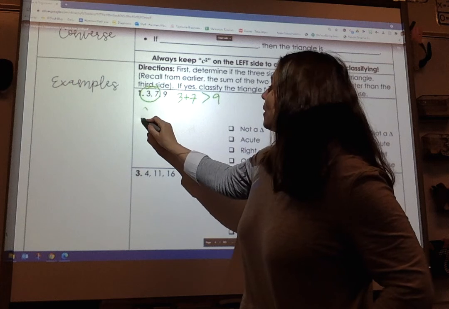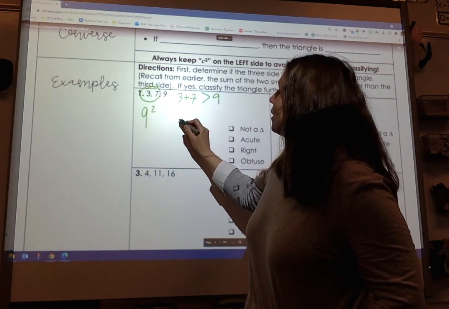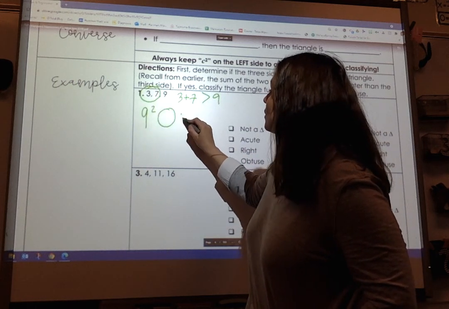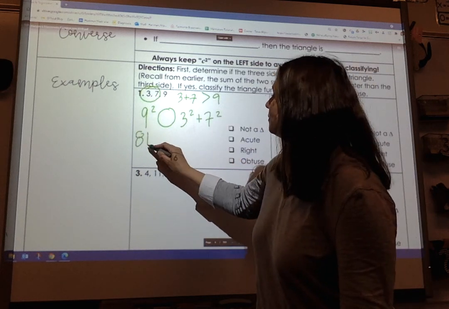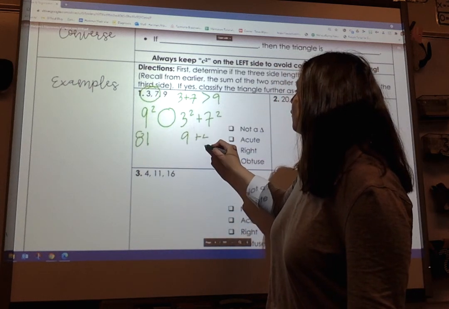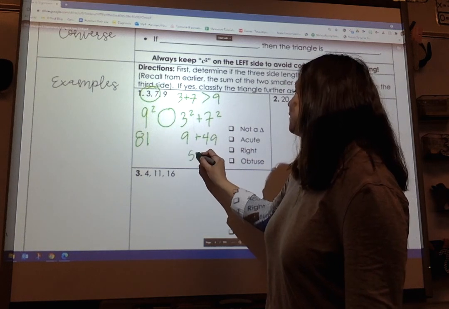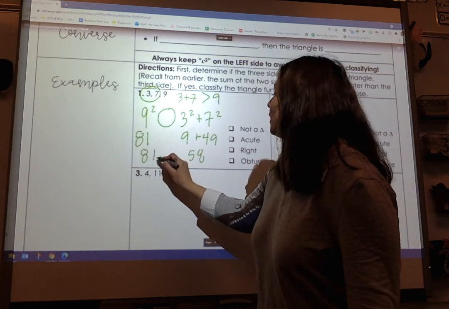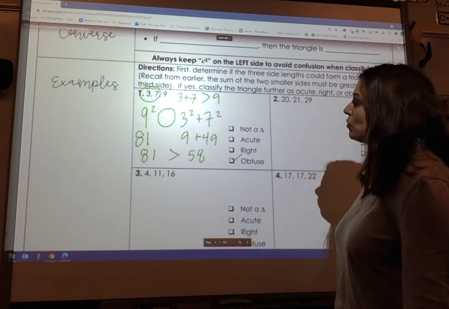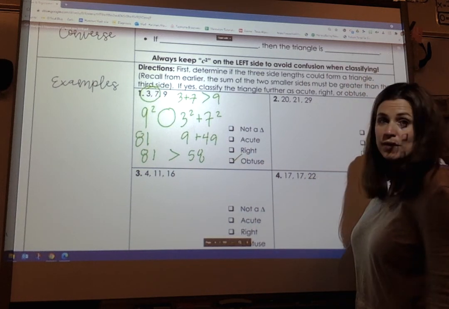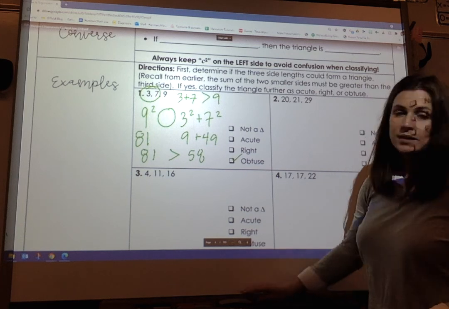Well, I take my longest side, 9 squared, and then I'm going to compare it to 3 squared plus 7 squared. So I get 81, and then 9 plus 49 is 58. So 81 is greater than 58, so that is an obtuse triangle. So that's how this is going to work. So let's take a look at number